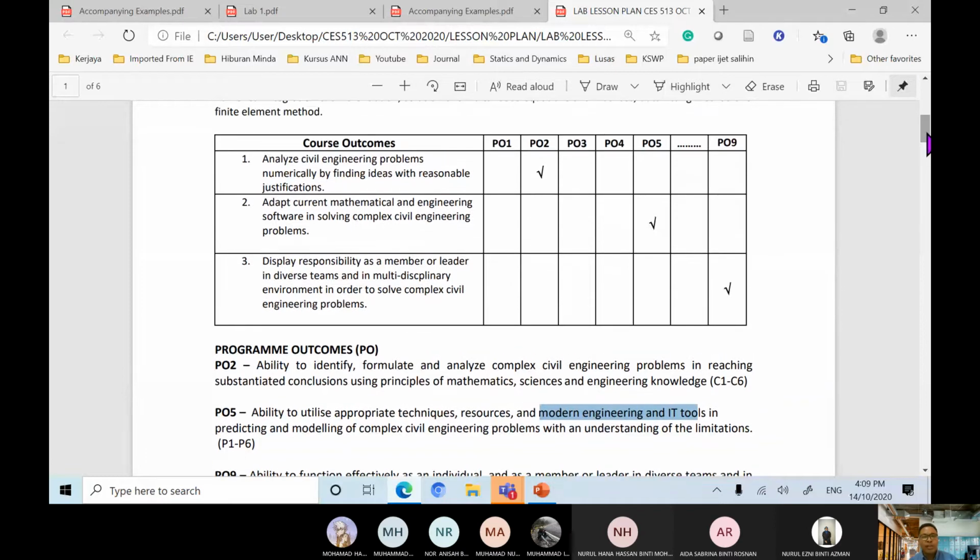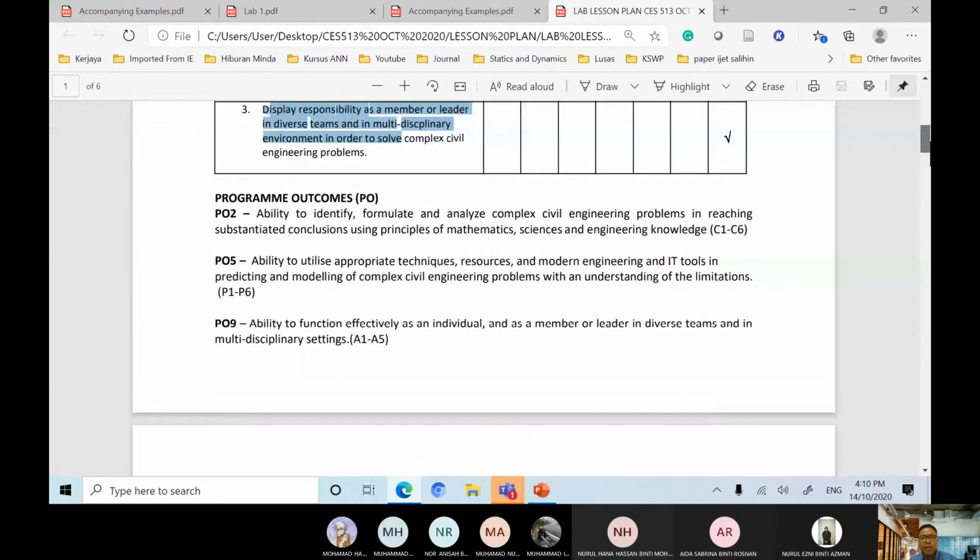And the last course outcome, which is course outcome 3, will be testing your membership or teamship or leadership, to test how responsible you are as a member and as a leader of the group acting in the multidisciplinary environment project in order to solve the given civil engineering problems. And this CO3 will be aligned with your PO9,